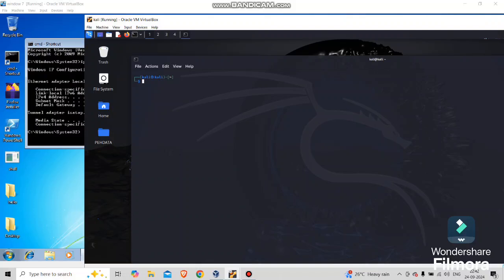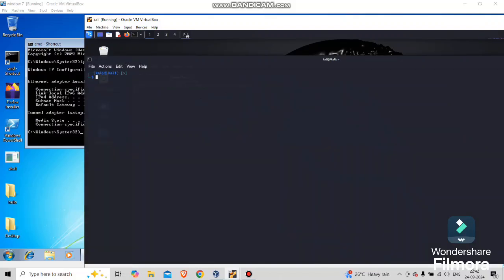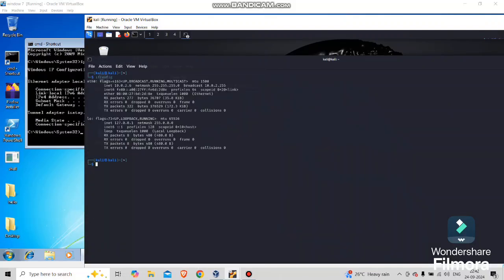There is another method which I hope you know very well, and many of you know this method. So what I'm going to do is create a Python server. For that, I'm going to type python -m http.server 8000. That's it. And now what we have to do is make sure to check the IP of this machine, which is